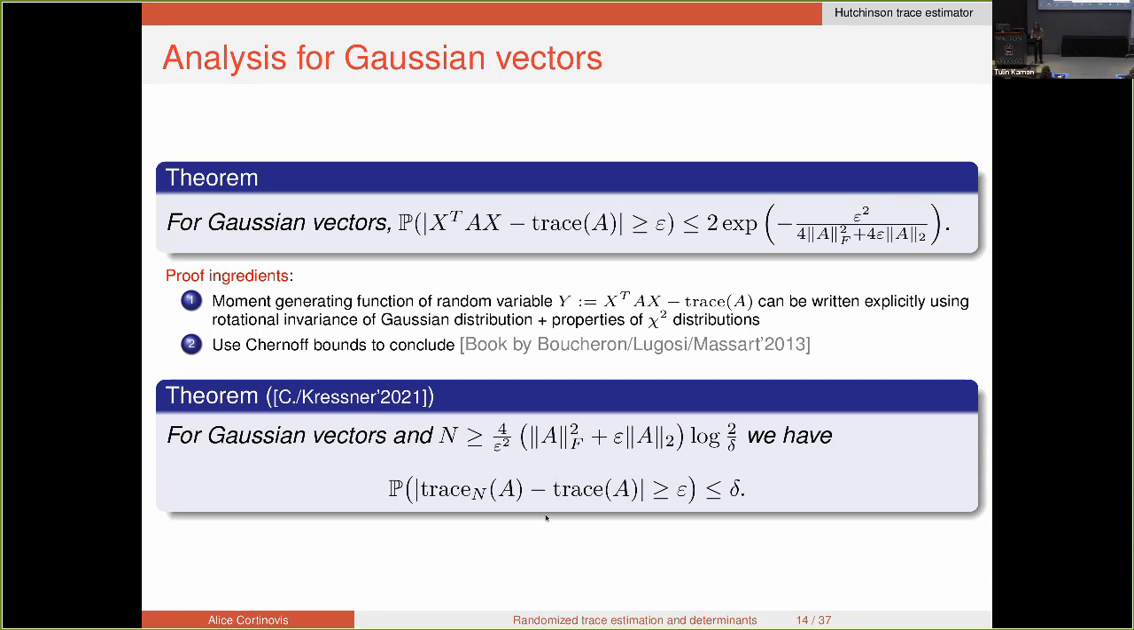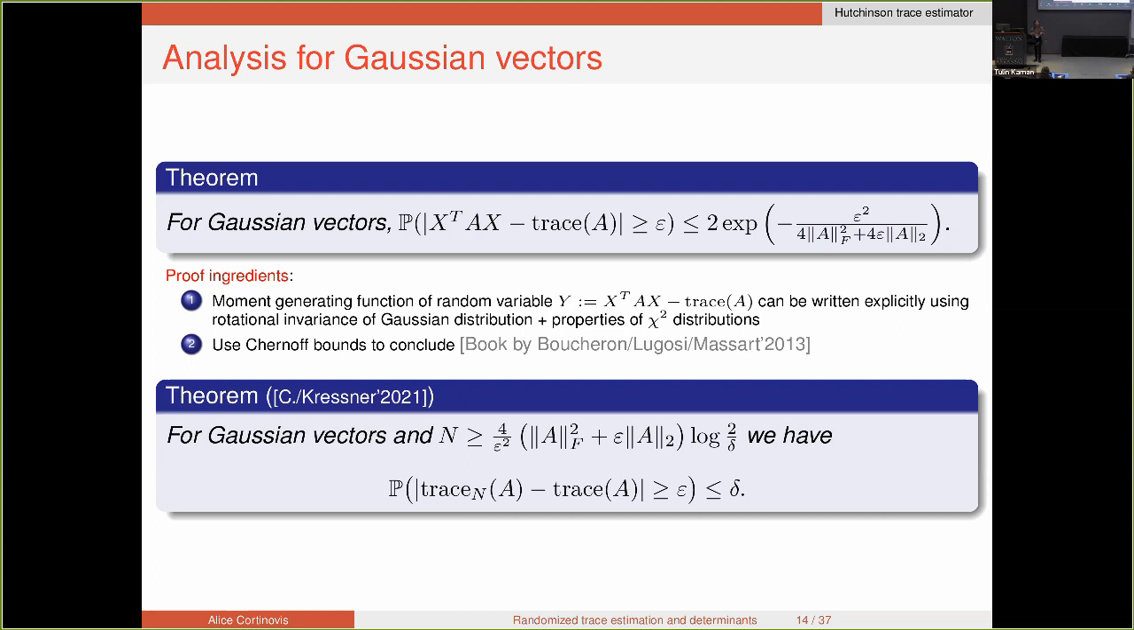So basically, one can prove that you get accuracy epsilon with this failure probability. And the failure probability, so the big term, the important term here is basically this 4 times the squared Frobenius norm of A. And to get this, you can use more or less standard techniques. So if you consider this random variable here, you can write explicitly its moment generating function,